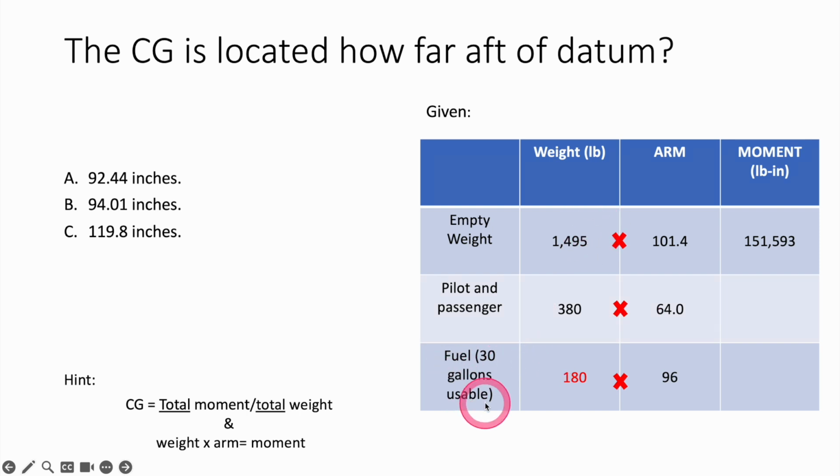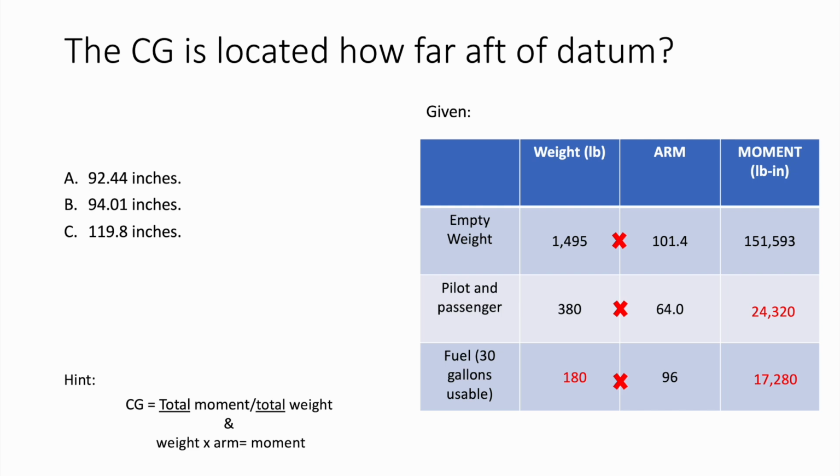So for the fuel portion, it provides you with gallons, and you need to convert that to the weight of fuel. So 30 times 6 gives you 180 pounds. And since we know that weight times arm equals moment, you just multiply across each of these rows. Should end up with 24,000 there and 17,000 there. And we can get our center of gravity by adding these columns, so the total weight and